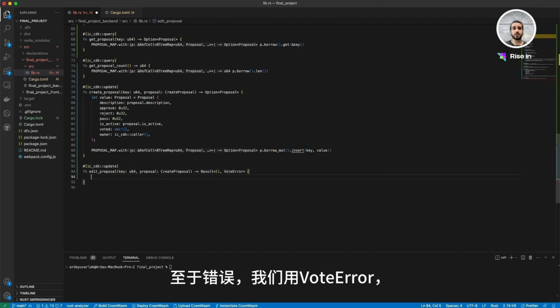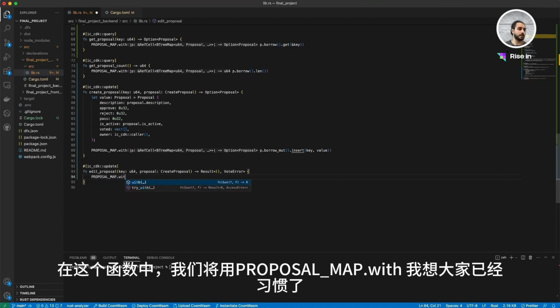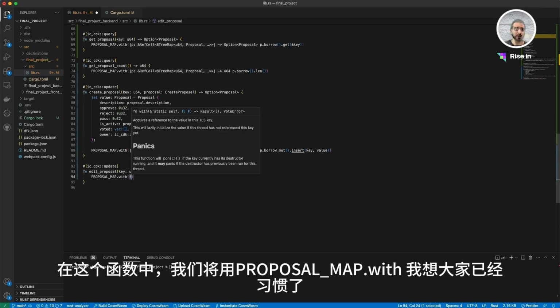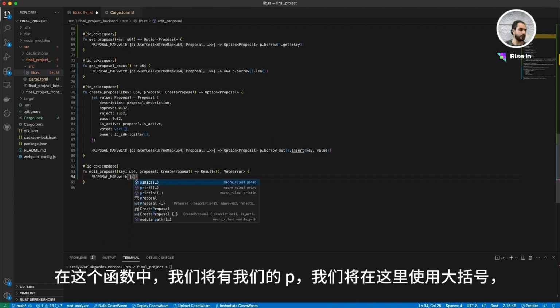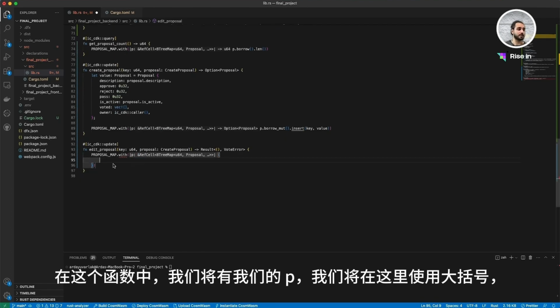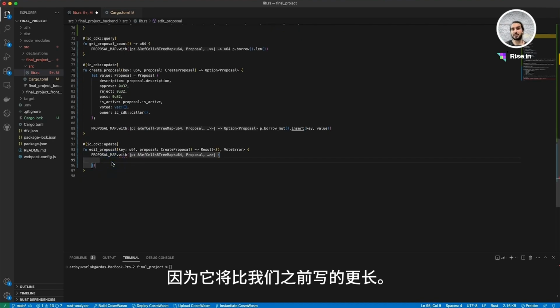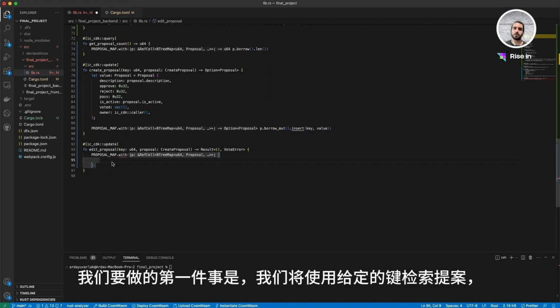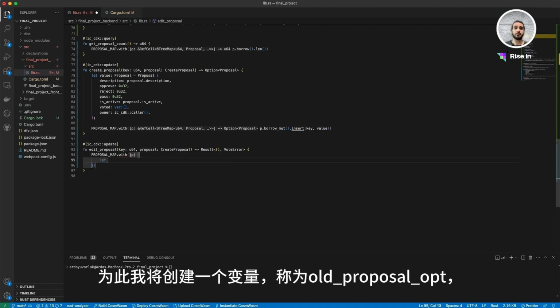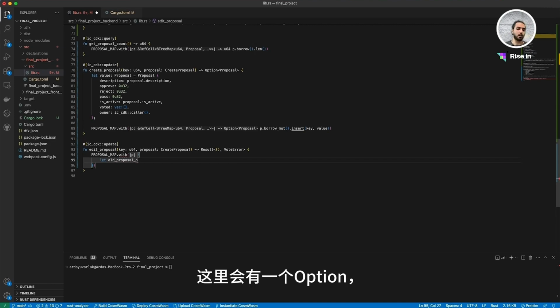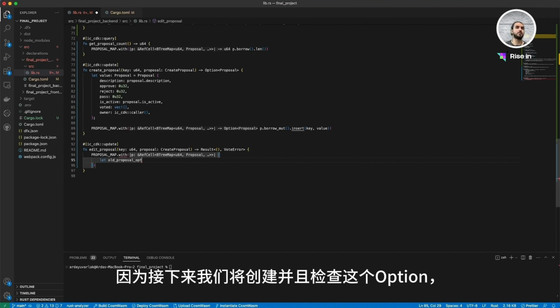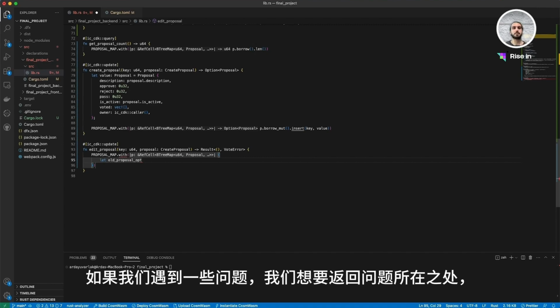And inside this function we are going to say PROPOSAL_MAP.with. I think we are used to this at this point. And inside this function we will have our p, and we are going to use curly brackets here because it's going to be a longer one than we did before. Alright, so the first thing that we are going to do is retrieve the proposal with the given key. For that I'm going to create a variable called old_proposal_opt, because what we are going to have is an option, and then we are going to check this option because if we have some problem we want to return what the problem is. And this will be equal to